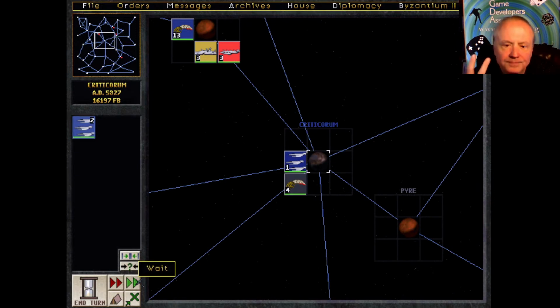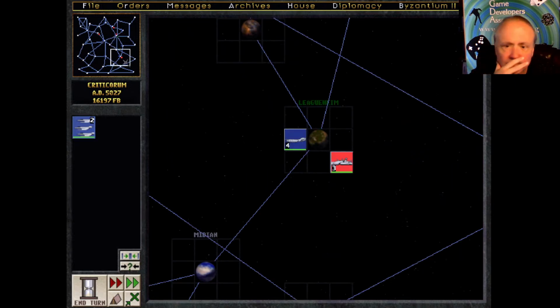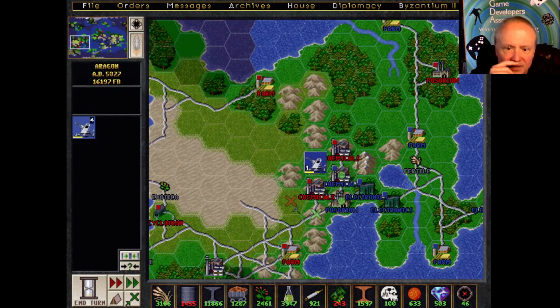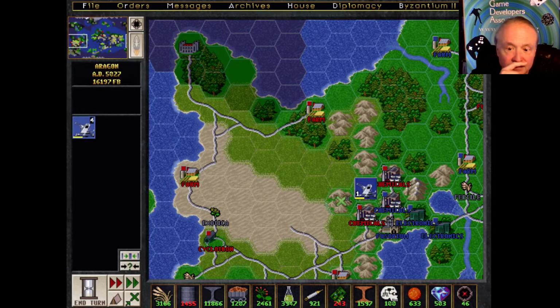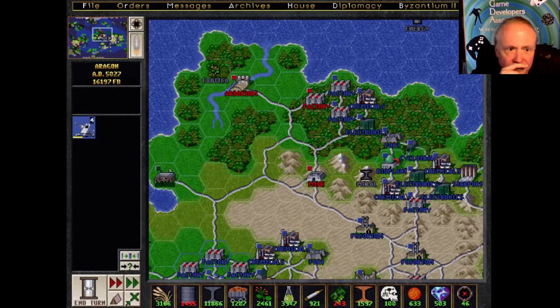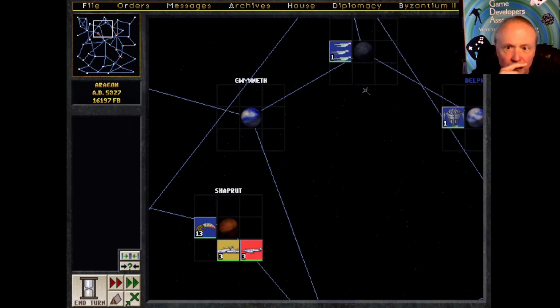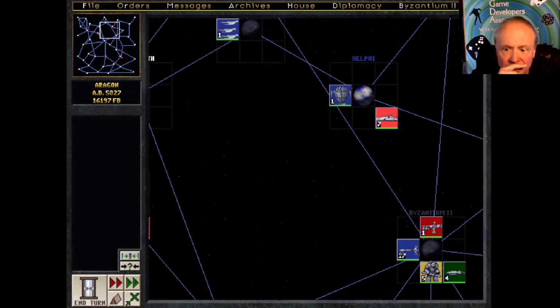Symbiote over Criticorum. Plague and Rebellion on Ravenna. Church fleet over Leekheim. Oh, that's right. He had a fighter show up. We got to reinforce our fleet over Aragon. And what was I doing with the space fleet? So I was putting my fleet together. So where were those other...